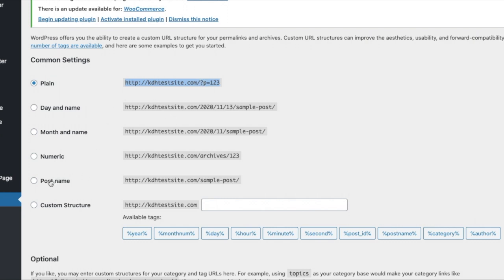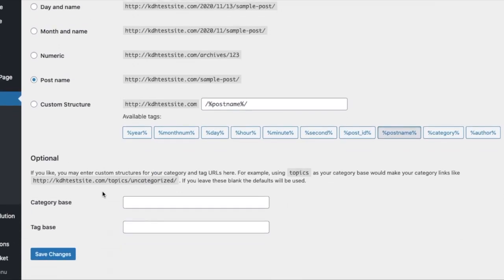But if you hit Post name, now whenever you write a blog, it won't put the dates or anything in there. It'll actually put the post name that you name the post. So just make sure you do that. Click Post name, save the changes,